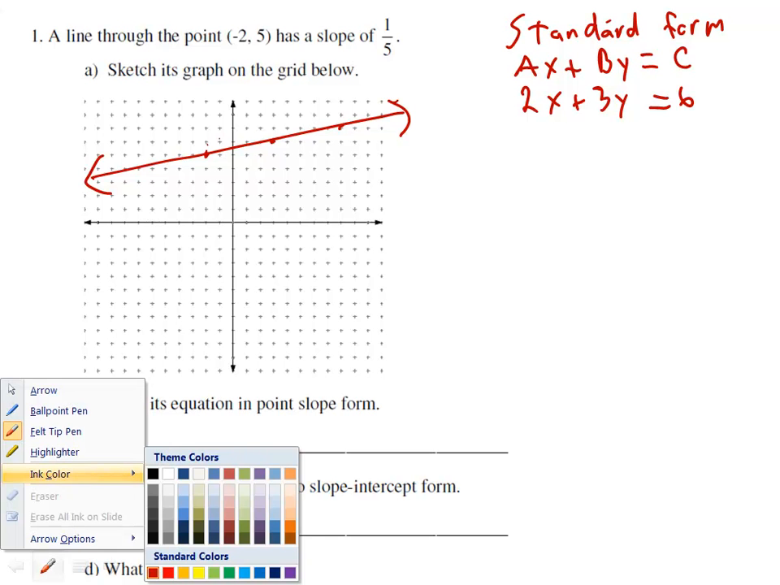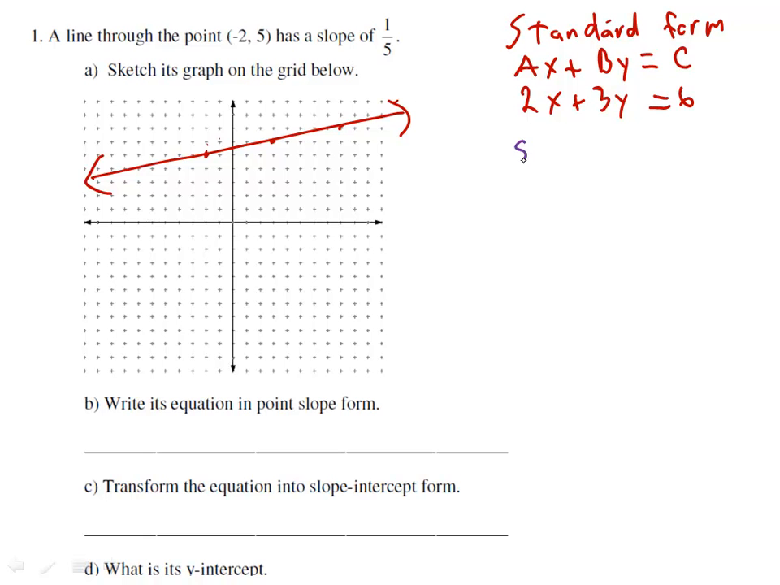Slope-intercept form is the most useful, probably, of our forms. And that's y equals mx plus b. Alright, so that's a plus sign. So an example of that would be y equals 1/2 x plus 2. Okay, so there the slope is 1/2. Remember, m is slope, b is y-intercept, and y-intercept is 2. Alright, so